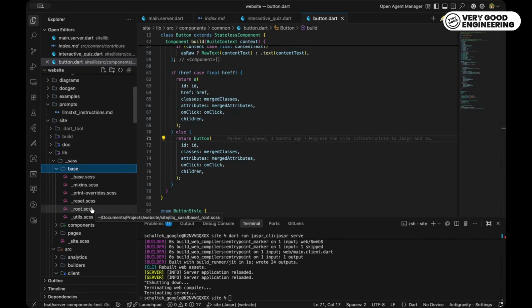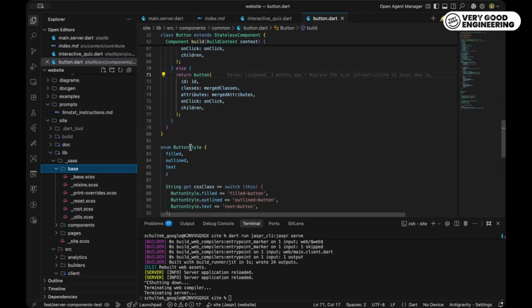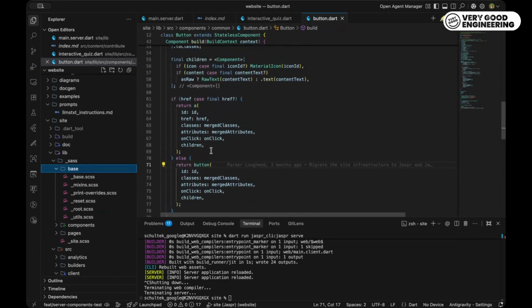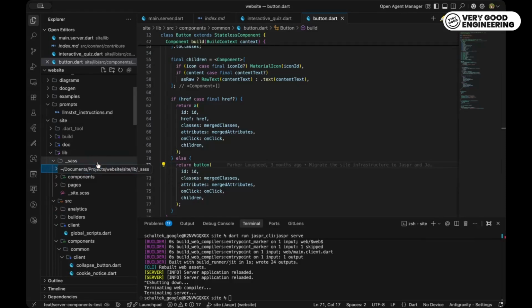You can just reuse whatever CSS-based solution you have. But if you're building from scratch and you like Dart and writing Dart code, Jaspr does have a Dart-based CSS styling solution where I built an API around most of the CSS specification.